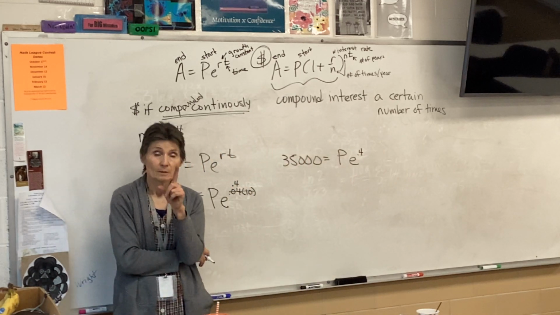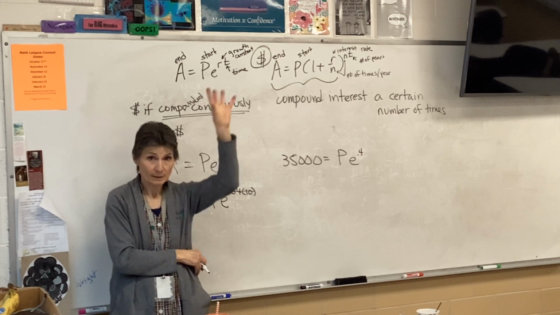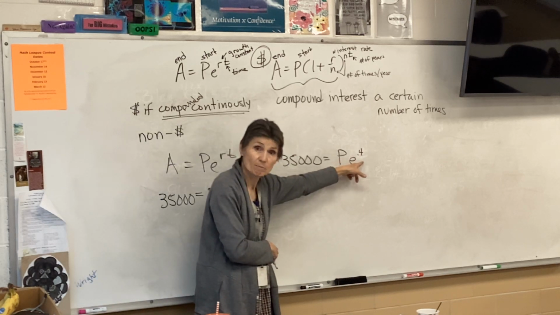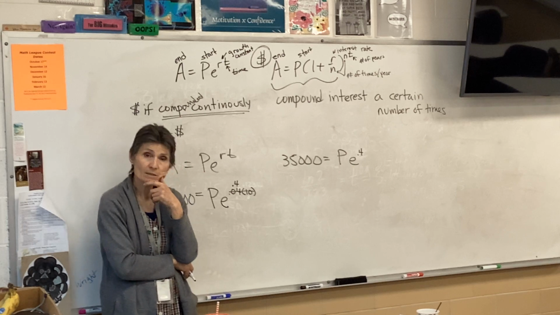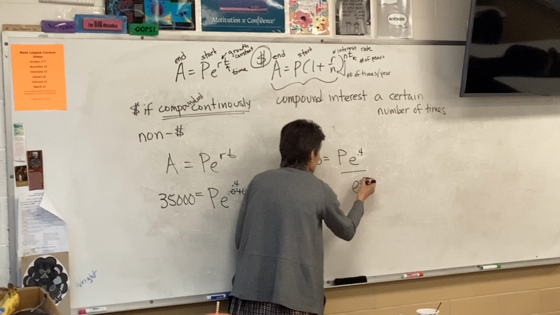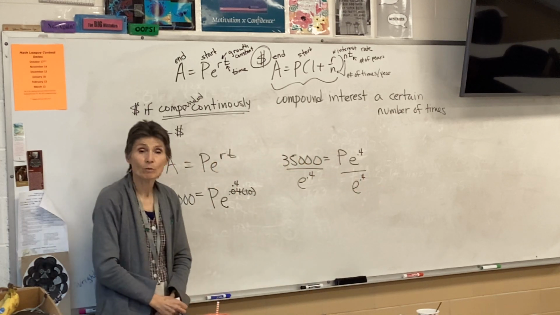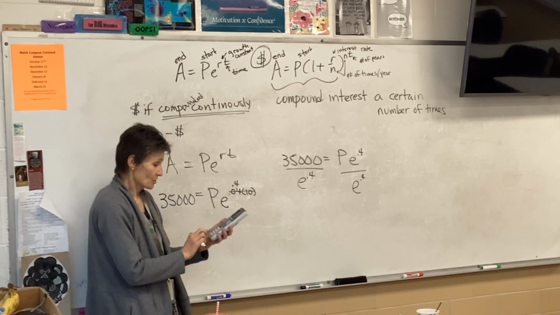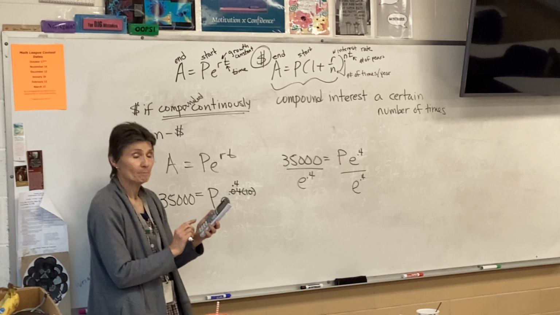Now, where is my variable? Is my variable in the exponent spot? No, in the exponent spot is 0.4. Do I need logarithms? No. If I want to know what P is, I am simply going to divide both sides by e to the 0.4. That's it. Nothing tricky about it. So 35,000 divided by